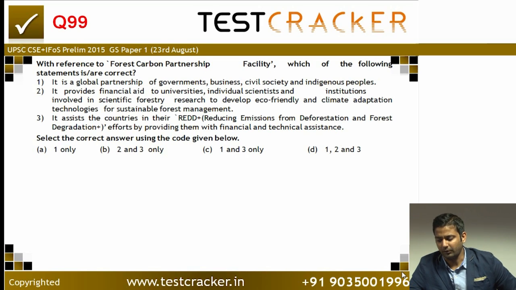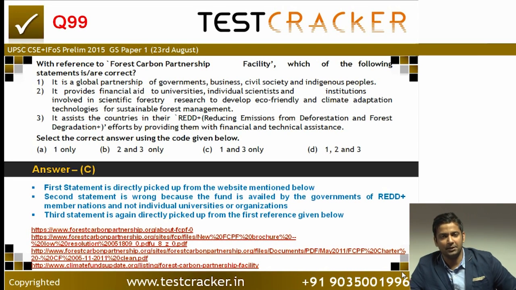Now in this case answer is C, 1 and 3. Statement 2 is not correct, though. This mechanism is to help the countries meet their REDD plus targets. It does not get into the funding of individuals and the research done by the individual entities. It is on a country level. 1 is correct surely, and therefore option C, although there's a small possibility, it just depends on how they are identifying this. But if you're talking about the larger objectives, 2 should not be correct and 1 and 3 surely are correct.